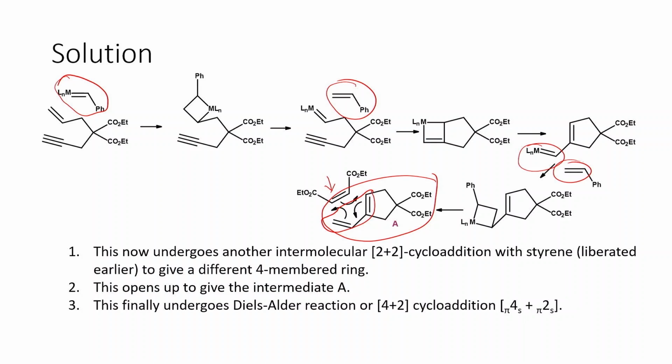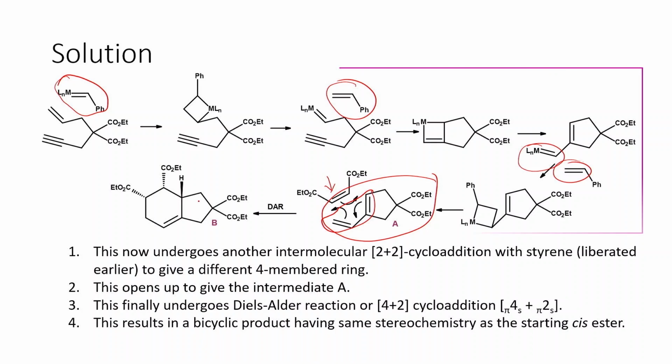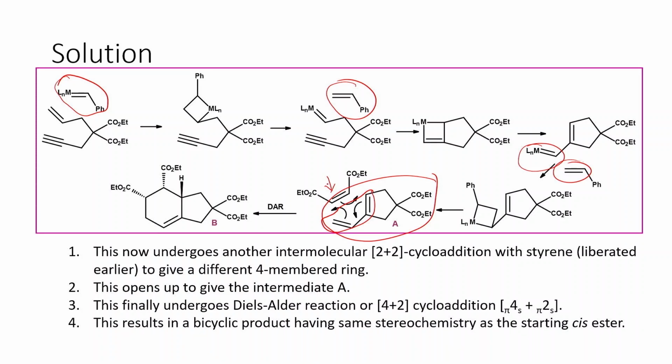So we have a 4+2 Diels-Alder reaction, and that leads to the final observed product. So what we can remember is that in the final product, the starting material in the last step has a